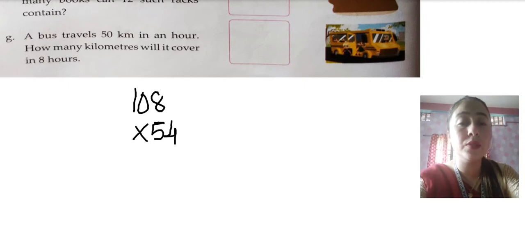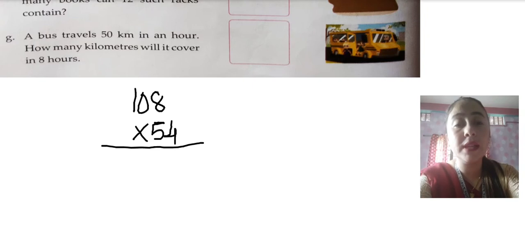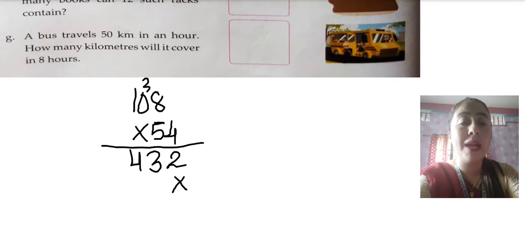So this is also a 2-step multiplication, children. First you will multiply 4 and 8. 8 4s are 32. 3 I will write here, 2 I will write here. 4 zeros are 0 plus 3, 3. 4 1s are 4. 5 8s are 40. 0 I will write here, 4 I will add here. 5 zeros are 0 again, plus 4 is 4. 5 1s are 5. Now you have done 2 steps multiplication.